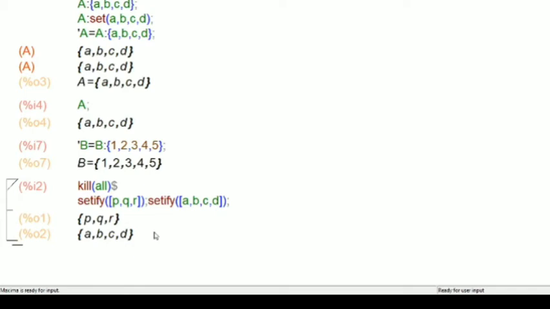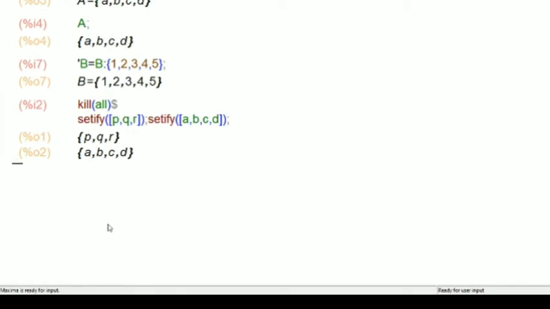Verify whether the following expressions or equations are equal or not. The next command, if you want to verify whether any two equations are equal or not, is within simple brackets, equal, within simple brackets. You have to give the equations.